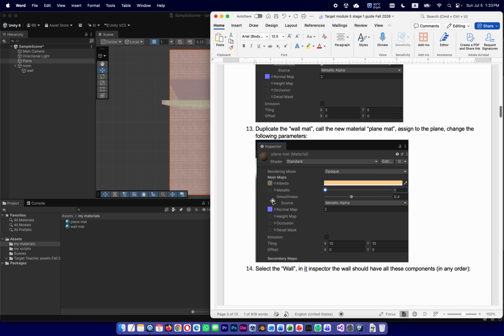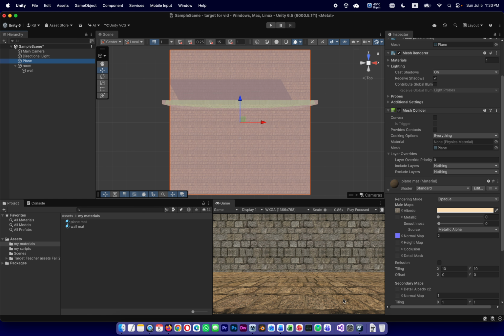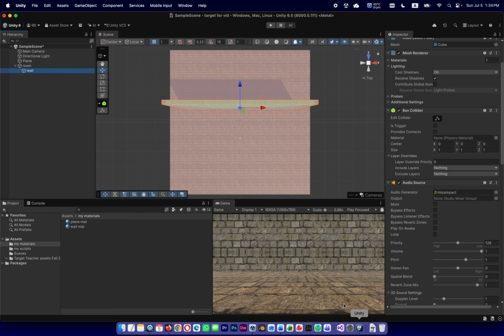If I forgot any of the parameters, I'll say again. And the plane, I'm also going to give it a tiny little bit of smoothness, because if I make it too much, it looks like a very wet floor. I want it to be a little bit like 0.4, something like that. But going back to the wall,